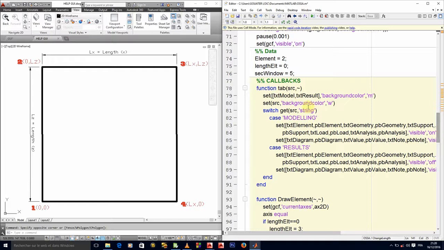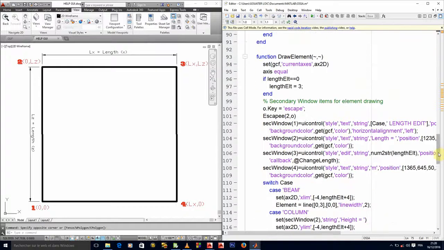Why? Because slab has 2 lengths, so it means that our length here will have to become a 2-element vector. The first element in that vector will represent the x length, and the second element will represent the z length. That's how we'll do it. Here there is no problem, because initially the length is 0, and we can say length is equal to that.